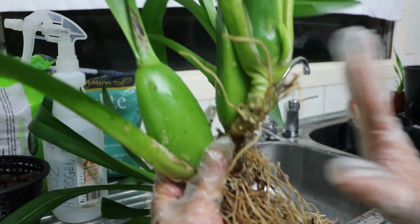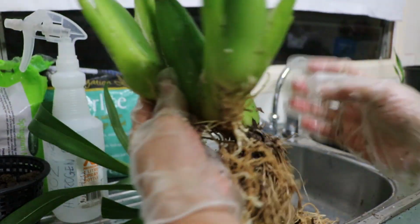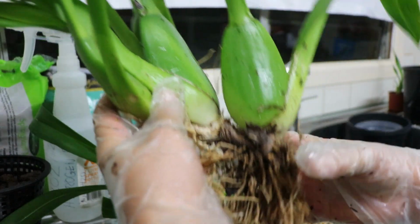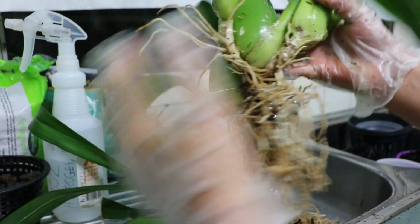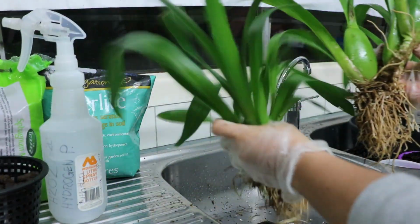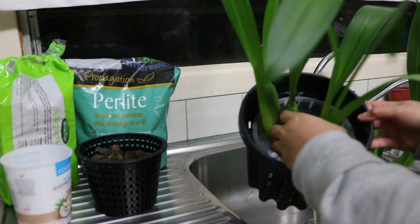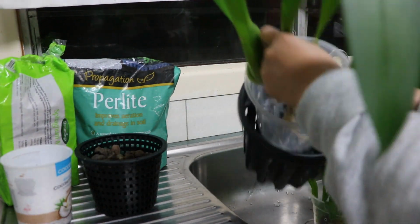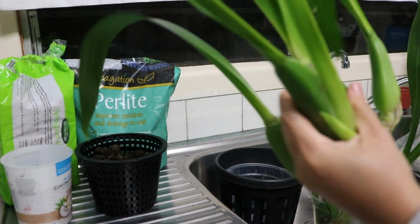So I think I'm just gonna separate this, guys. I'm gonna go ahead and separate this. And after I separate this, I'll come back and show you what I've done. Otherwise, it'll take ages. We already separated this, and I'm just gonna come back. Now it's finished. All the cleaning up. A little bit hard to clean. So after I've done everything,